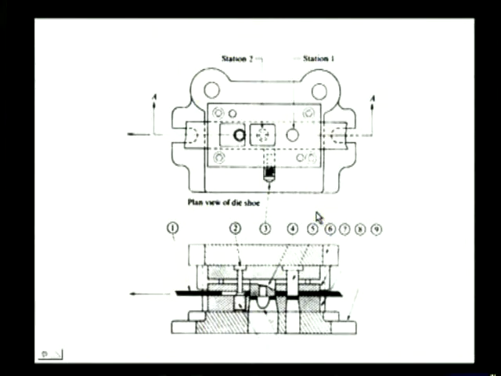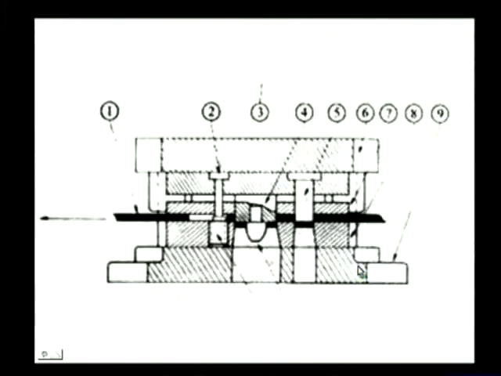The same diagram is also shown here again for your clarity, and this is the same diagram again shown for further clarity. Here this is the unwanted material, the punching operation is taking place here, and the blanking operation is taking place here. So this is the die cavity, and of course this is also a die cavity. Here this acts as a punching die, and this acts as a blanking die.